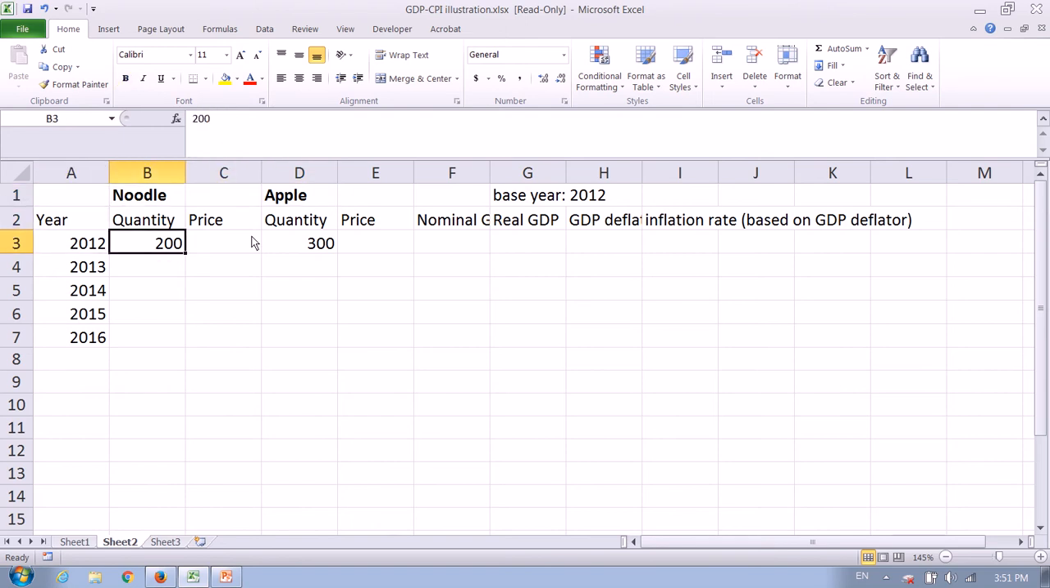Similarly, for 2013, 14, 15, and 16. So now we know that in these 5 years, this economy always produced 200 noodles and 300 apples. And intuitively, we know that in real terms, the size of the economy doesn't change, right? In real terms. Okay, let's say the price of noodle is this many,